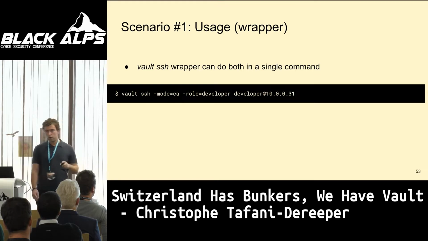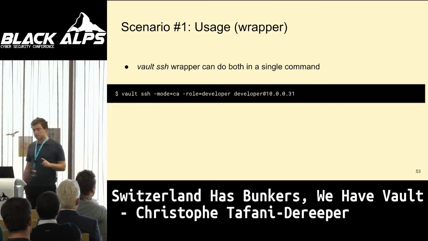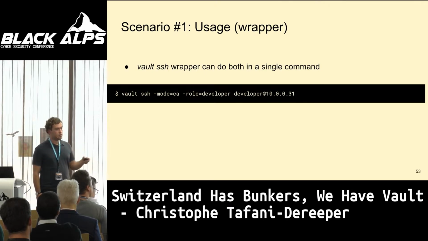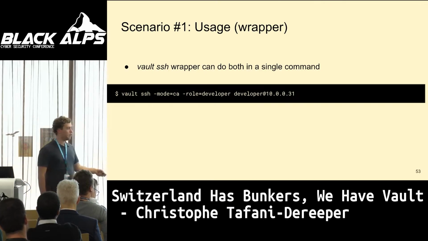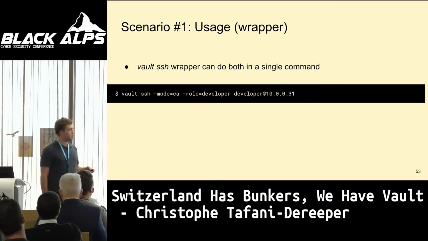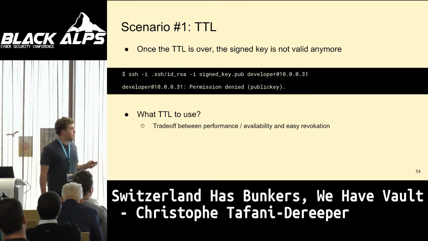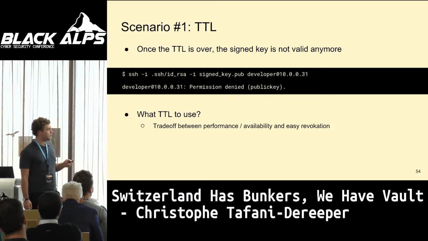There is another way to use Vault for SSH access, but we are not going to talk about it. Basically, it involves installing an agent on all the servers, so it's a bit harder to deploy, but it works as well. As we said before, we set the TTL to 10 minutes. So after 10 minutes, the certificate that we show will be refused because it's not valid anymore.